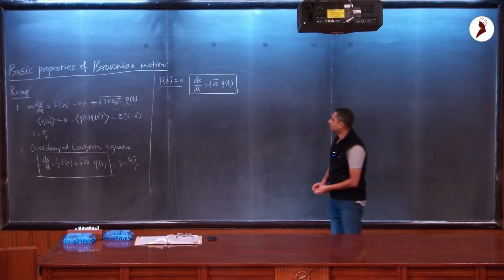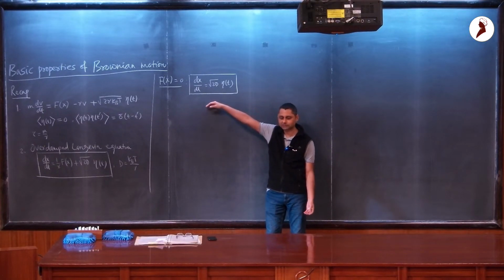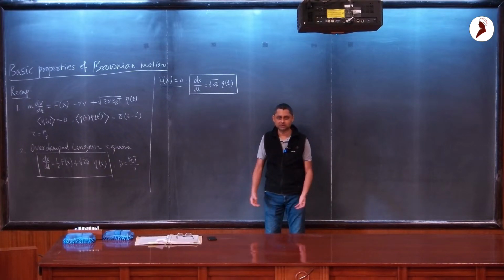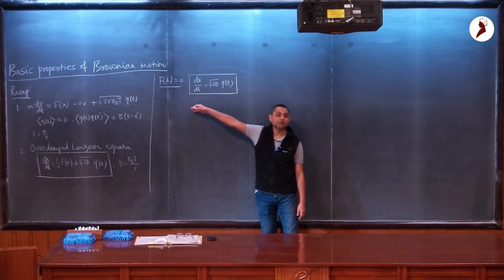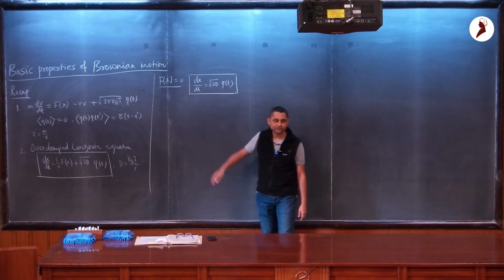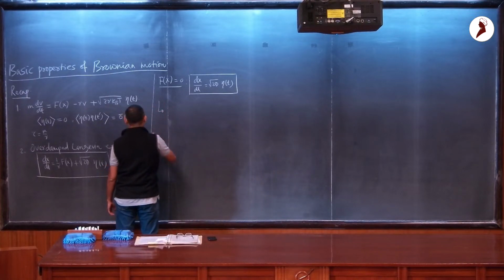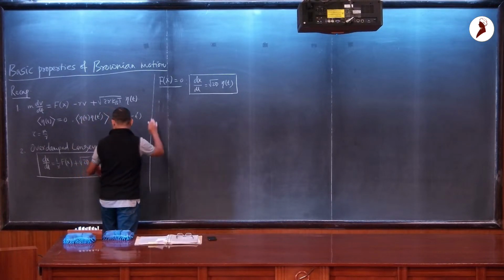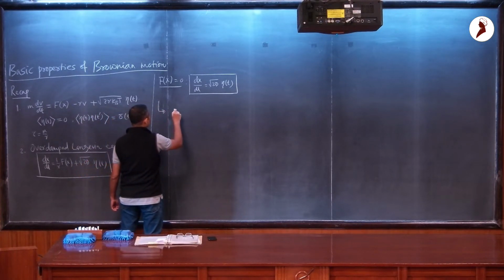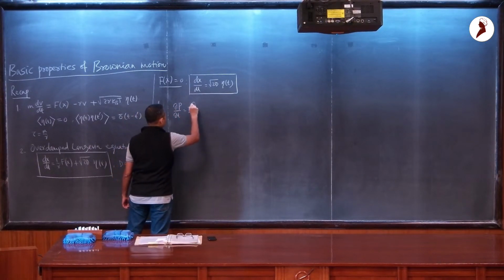One can think of it as the most fundamental stochastic process, like the 0th order stochastic process. So when you think of a stochastic process, this is the first model you are going to try. And we saw that there is a Fokker-Planck equation corresponding to this model. For this one, the Fokker-Planck equation is given by this,